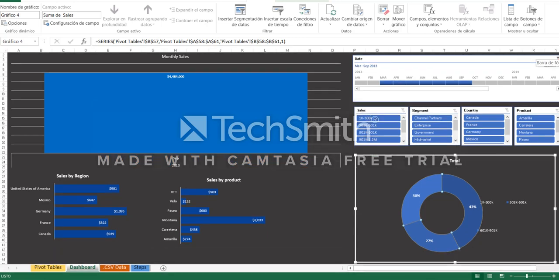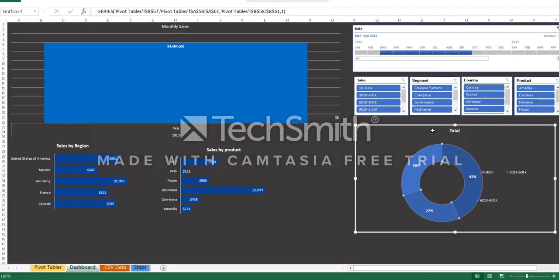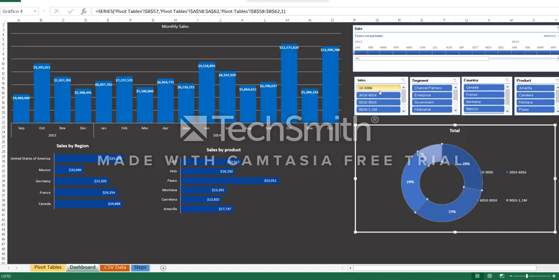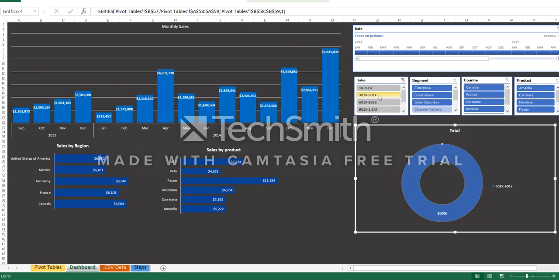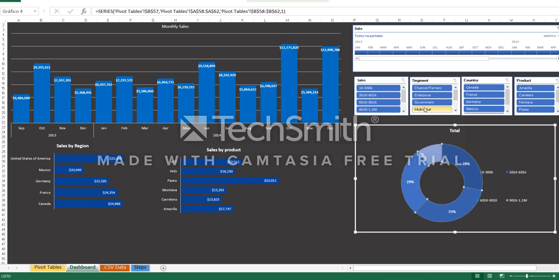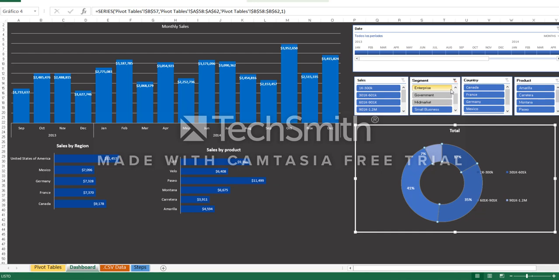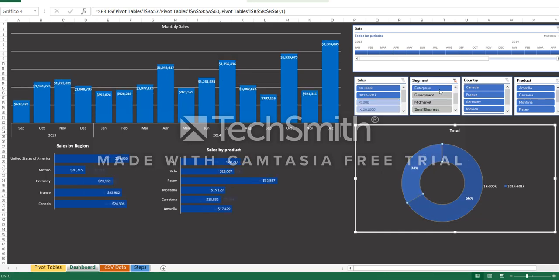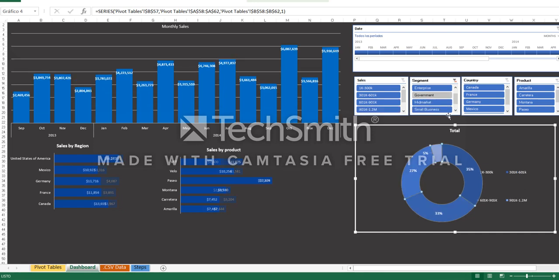Okay guys, now that our dashboard is complete and our filters have all connections, I'm gonna show you how every time that you choose a filter, every value changes in all the charts. This is really important because you can easily show the information with just a few clicks. This data is just an example, but you can use it for any type of business that you are working for. You can use it for ticketing systems, warehouse sales, warehouse dispatching, you name it.